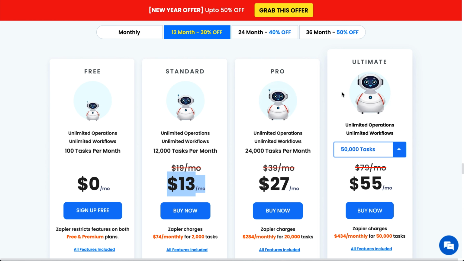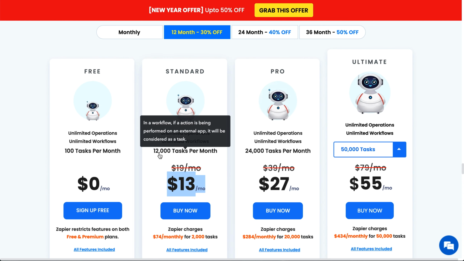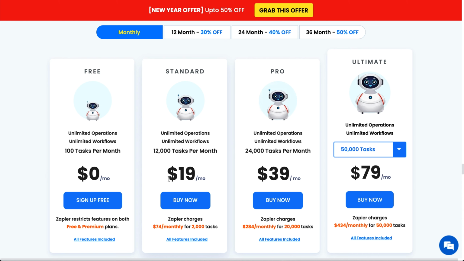If you have that many tasks, that's pretty crazy, but enterprise level companies might have that. But yeah, just starting at $13 a month, you can get 12,000 tasks, and that seems pretty dang good to me. Even monthly, it's $20 a month, so you can just pay monthly if you want, and you still get 14 times as much as Zapier does for the same price.